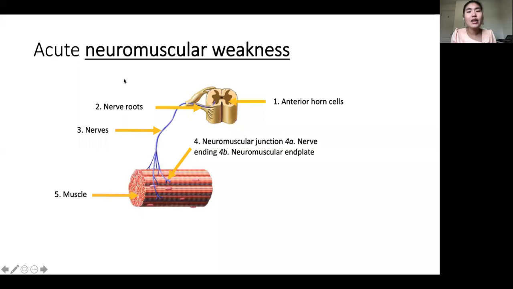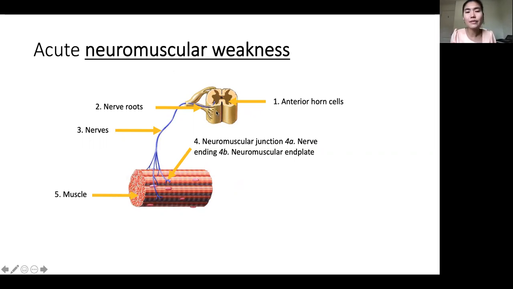And when we say neuromuscular weakness, if any part of the lower motor neuron, neuromuscular junction, or muscle is affected, then we will say neuromuscular weakness. So when we say lower motor neuron, we know that the lower motor neuron will start from the anterior horn